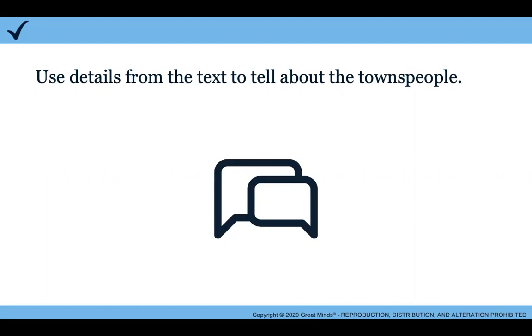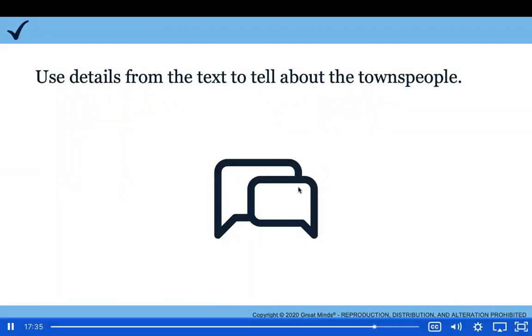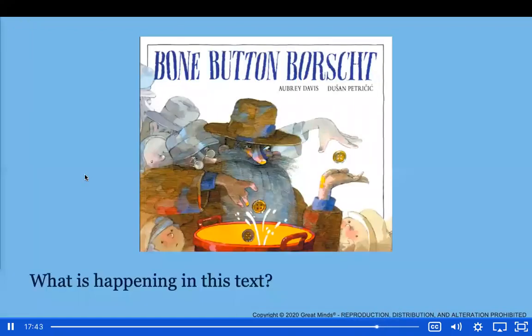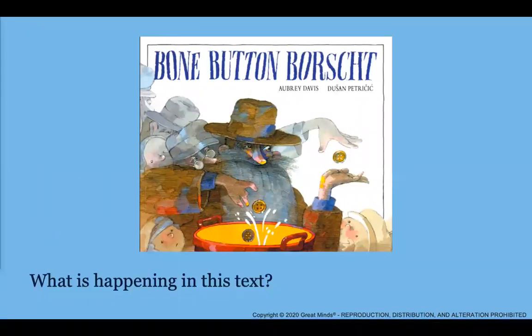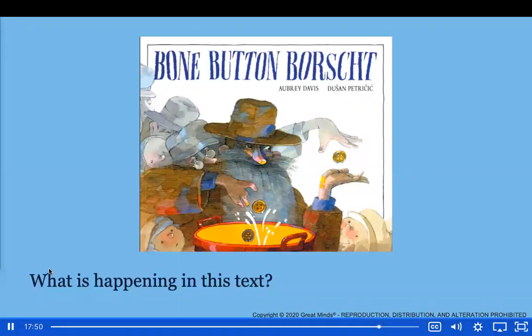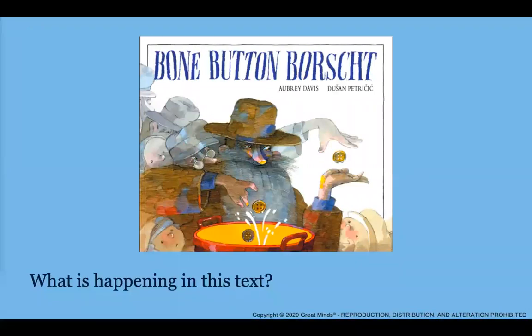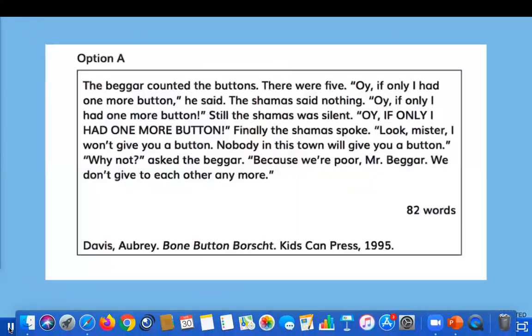Great work! Do you see how rereading for details can help you understand a book even better? I hope so. I know it helps me. Today, we focused on what is happening in Bone Button Borscht. First, we identified the big story elements, such as the story, characters, problem, action, and ending. Then we went back and reread for even more detail. After all our work, I hope you can recount the story and tell it to your learning partner. And I hope you add some details that you heard in the story.